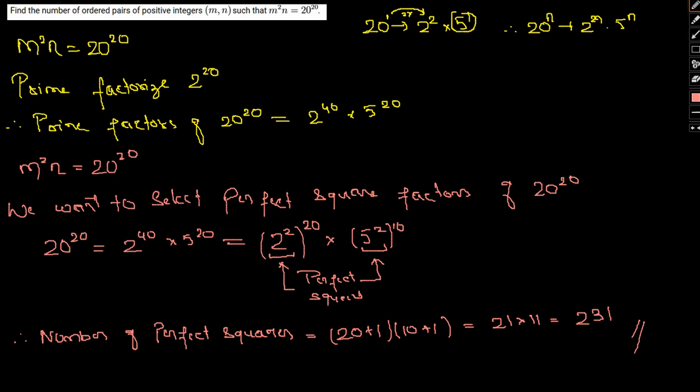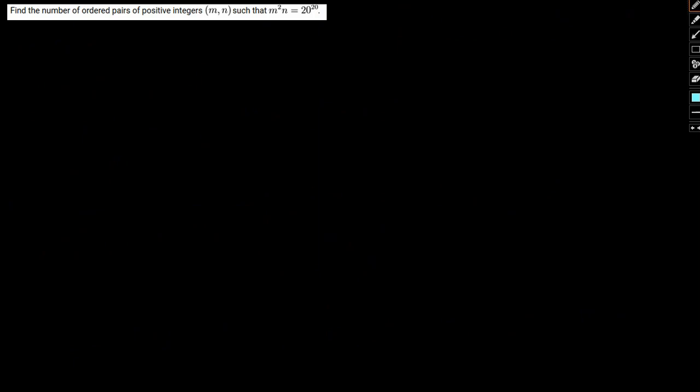So this is one way to actually go about this particular problem. This problem can also be solved in a very different manner, so let me show you how it can be done. So here in method number 2, 20 to the power 20, let me write this down as 2 to the 40 and 5 to the 20. Okay, so here if m square n equal to 20 to the power 20,